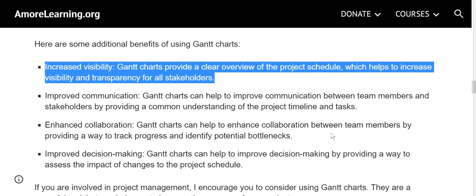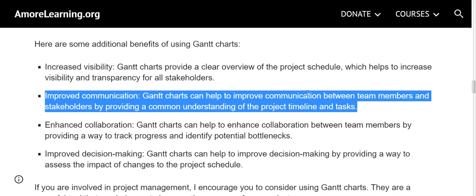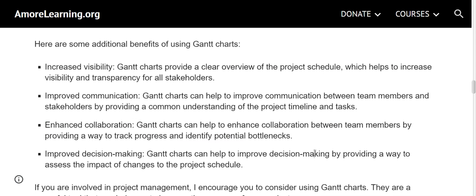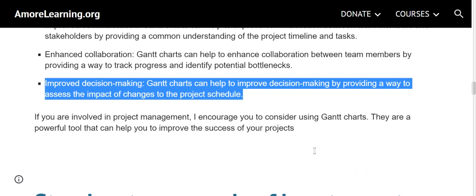Here are some additional benefits of using Gantt charts. Increased visibility. Gantt charts provide a clear overview of the project schedule, which helps to increase visibility and transparency for all stakeholders. Improved communication. Gantt charts can help to improve communication between team members and stakeholders by providing a common understanding of the project timeline and tasks. Enhanced collaboration. Gantt charts can help to enhance collaboration between team members by providing a way to track progress and identify potential bottlenecks. Improved decision-making. Gantt charts can help to improve decision-making by providing a way to assess the impact of changes to the project